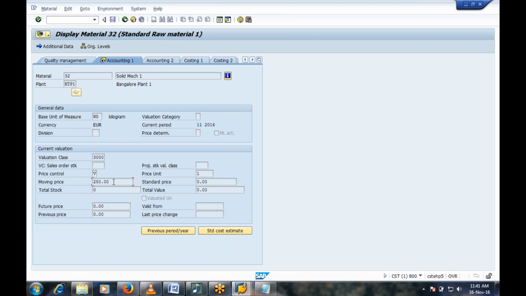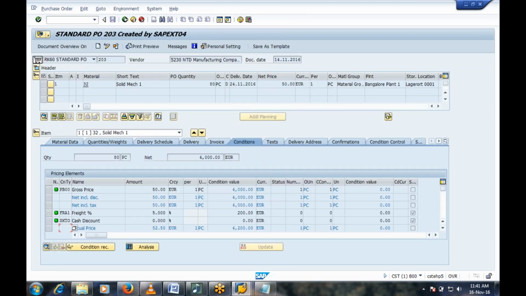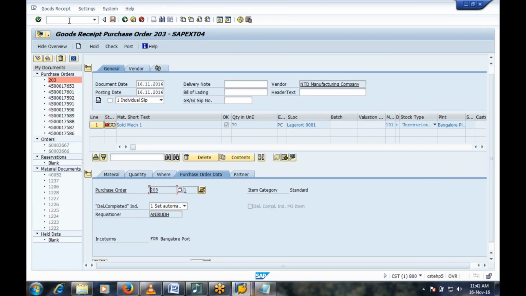See, 250. Okay, the current moving average price is 250, but you are creating with 50. Too much difference is there. That's why we got that error message. Now you do goods receipt again. It will post successfully.